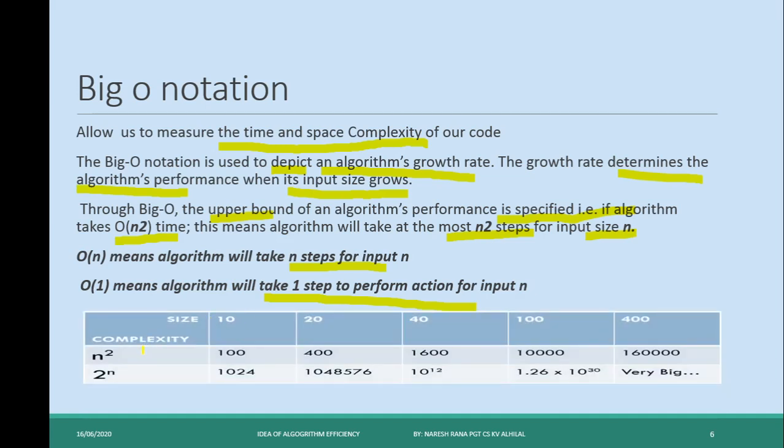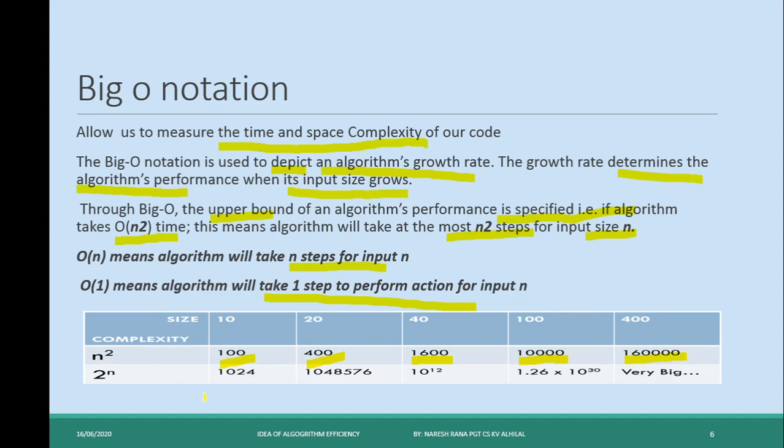Let us understand with the values of n squared and 2 raised to the power n. If the size is 10, then n squared is 100. If size is 20, then 400. If size is 40, then n squared is 1600. Then 10,000 and then 160,000.